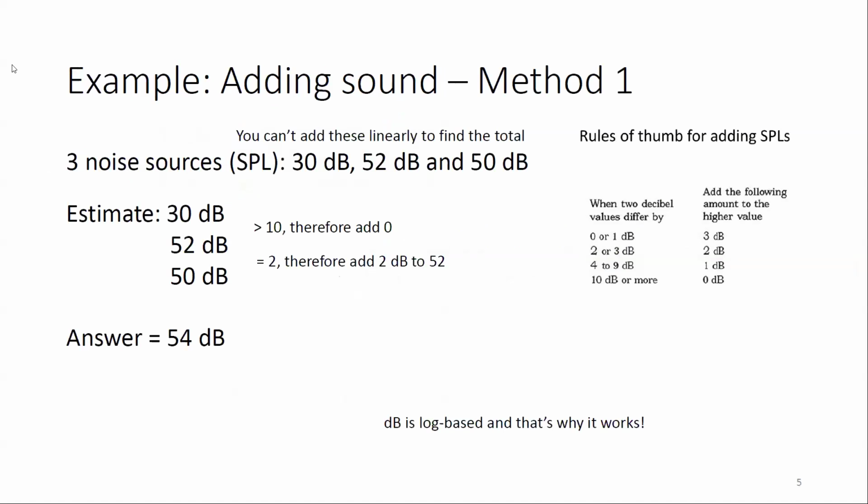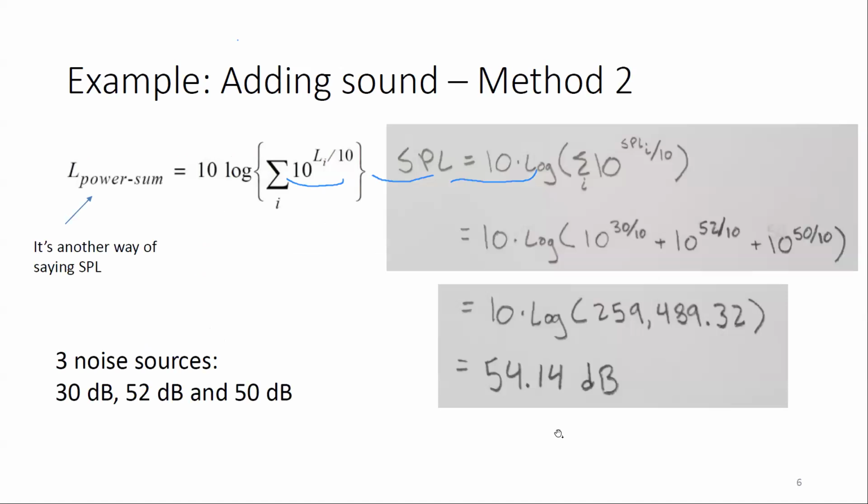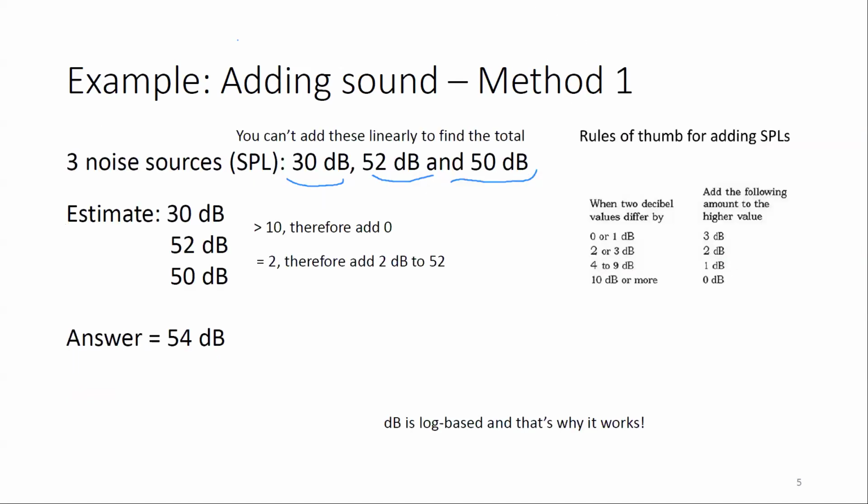We have these questions, which are called essentially when you have multiple sound pressure levels or sources, and you want to solve and find out what is the final answer for adding all those three together. So there's two solutions. There's method 1 and method 2. When you want to solve these, method 1 is normally the easiest. You don't need any calculators or anything. When you have these three sound pressure levels or noises or sources,